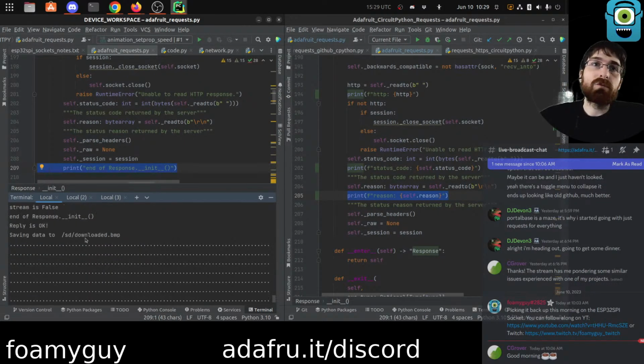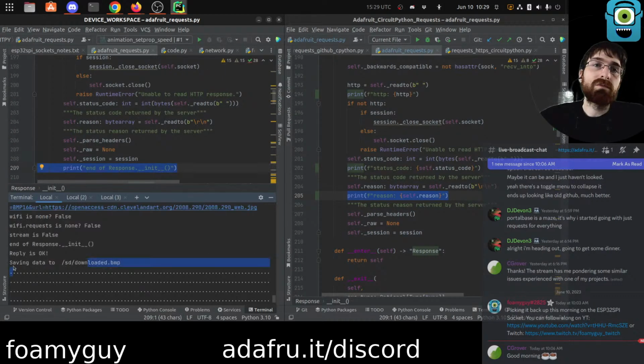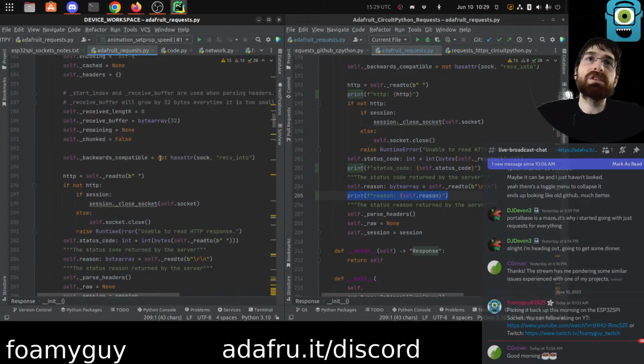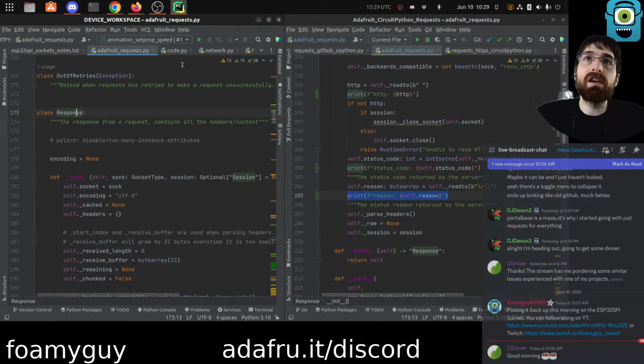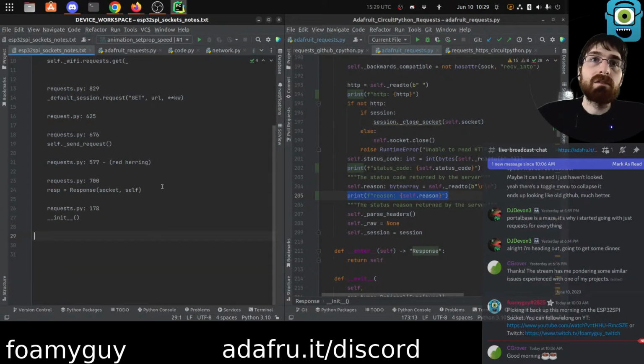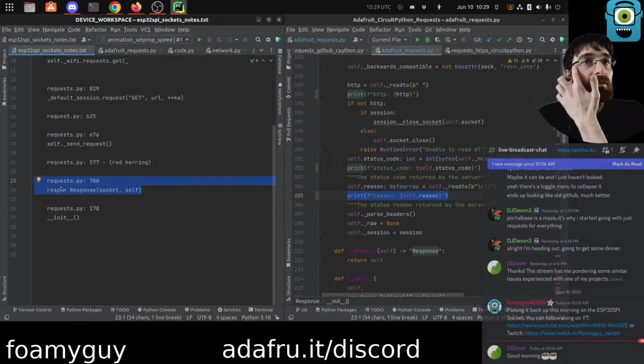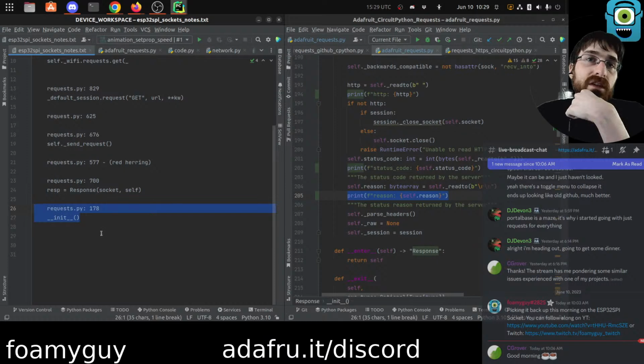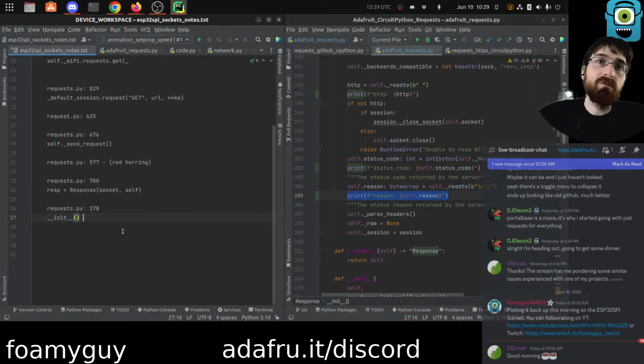We need the actual spit after it starts doing this kind of thing. We need to keep tracing. So we created a response object. That was from line 700 inside requests. That was our init. By the time we get to here,